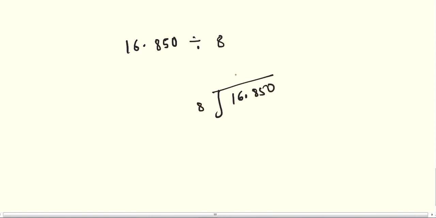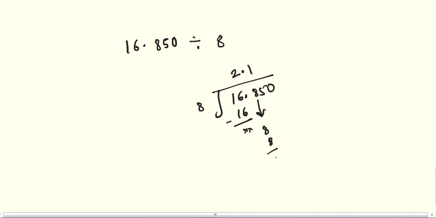Then next is division by a whole number. Suppose you are having 16.850 and you are dividing this by 8. So by long division you can easily divide 16.850 by 8. So 8 2s are 16, then cancel, next decimal, so you have to write the decimal here, bring 8 down, 8 1s are 8. Clear? You know this method, you know how to divide, it's very easy.